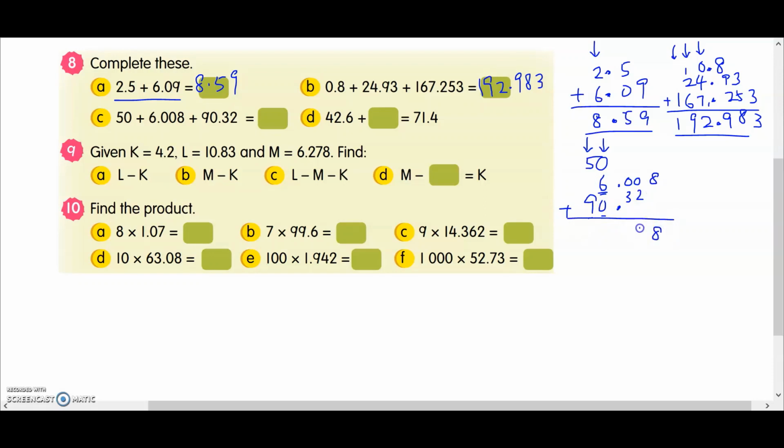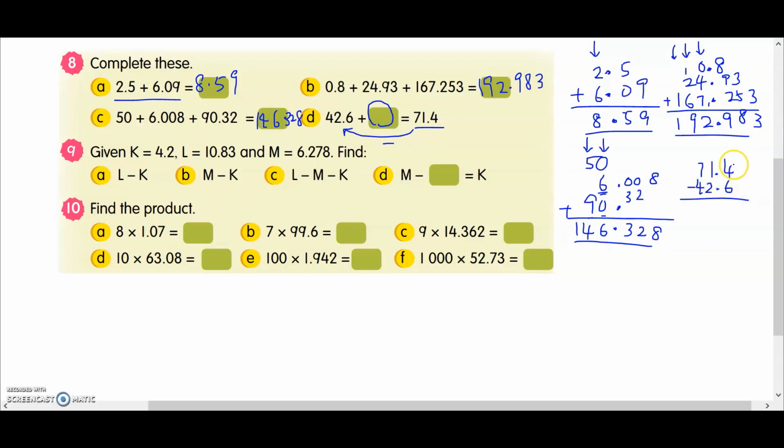So you have 8, 2, 3, 6 plus 0 is 6, 9 plus 5 is 14. So your answer is 146.328. Okay, the last one, you have an unknown in the middle. So what we do is we take the total minus the smaller number, then we get the unknown. So 71.4 minus